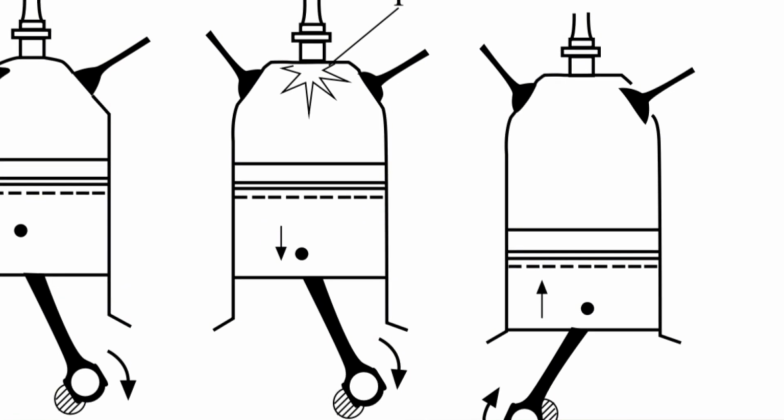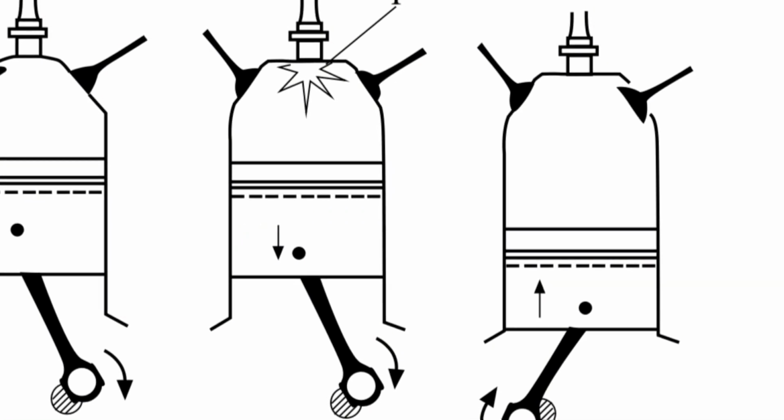And then in the exhaust stroke, we have the exhaust valve open, the inlet valve closed, and the piston moving up so that it can drive out the exhaust gases, mainly carbon dioxide. So to answer the question, in the power stroke, the petrol air mixture is ignited by